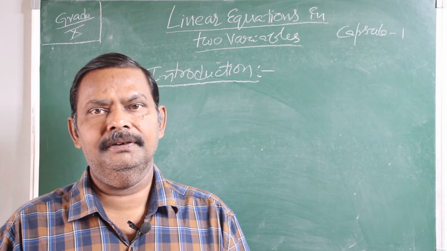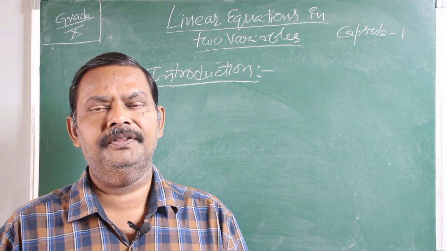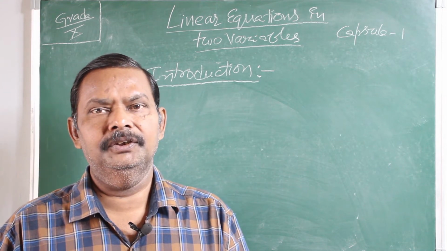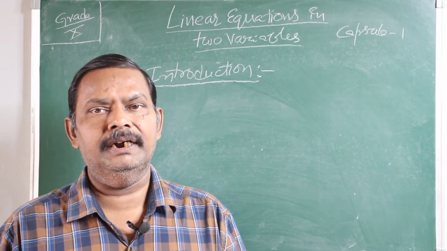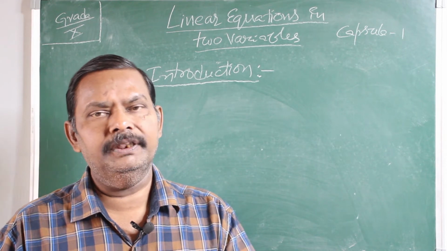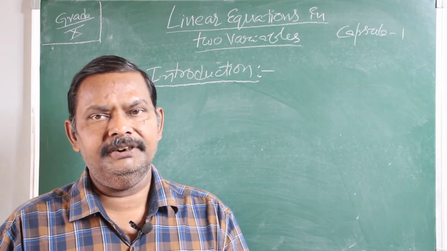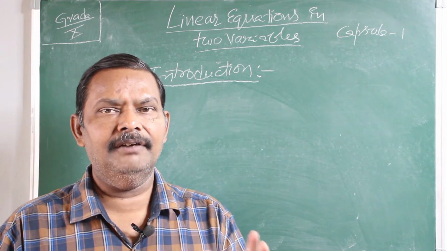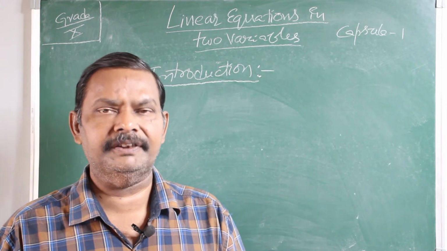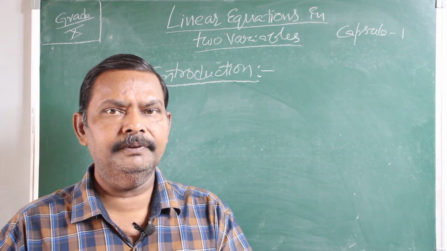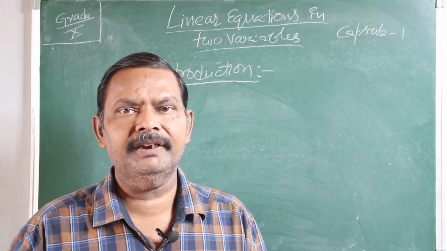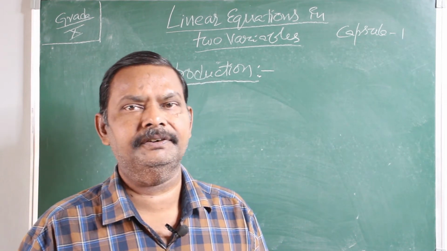In this capsule, we will discuss linear equations in two variables, the introduction part. So first of all, let us see what are linear equations in two variables. And as you know that constant and variable, constant always gives a fixed value. The value of the variable changes from one value to other value, it is not fixed. Now connecting the variables and constant, we can frame the linear equation. So let us see the example for linear equation, the general form of linear equation.